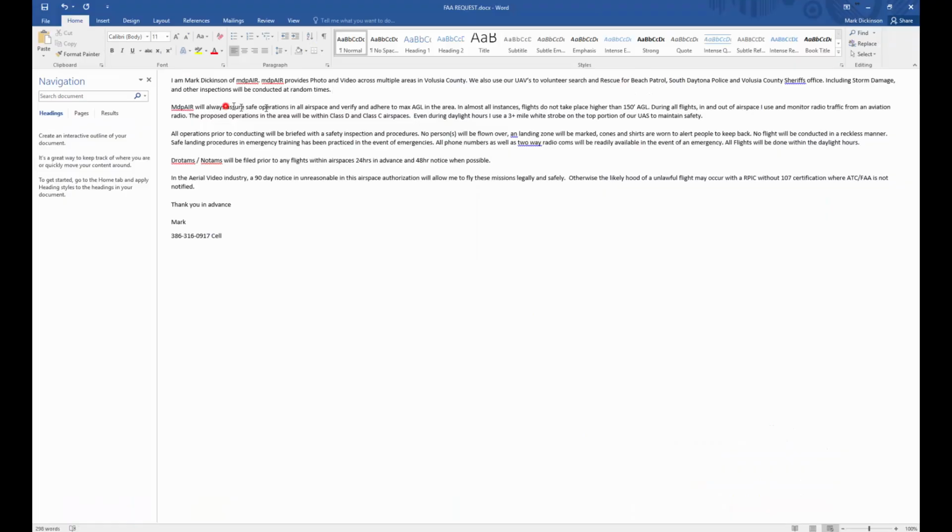so you can see what I wrote. We'll always assure safe operations in all airspace and verify and adhere to the max AGL in that area. Now, the FAA is going to let you know what you can fly, but you're just telling them that you're going to abide by it. What I'm doing here is I'm saying in most instances, and in almost all instances, flights do not take place over 150 AGL. Even though we can go up to 400 feet, when you start getting near an airport, they're not going to let you fly 400 feet. You have approaches, you have helicopters that leave out of the area on different approaches and departures. So you're not going to have that 400-foot limit that you think you might have near an airport,